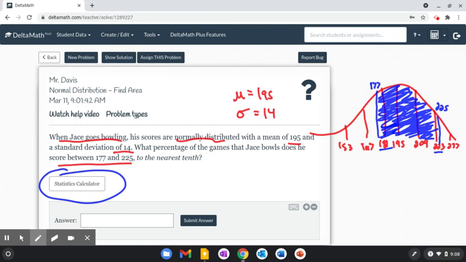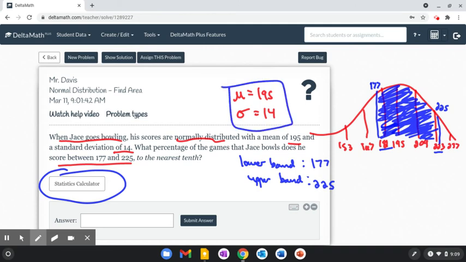So let's go ahead and I'll just show you the statistics calculator version first. There are 4 things that we need. We need a mean, which we've got. We need a standard deviation. We're going to need a lower bound, and we're going to need an upper bound. Those are pretty self-explanatory for this one, right? Because our lower bound is the smaller number, 177, and our upper bound is 225. So those aren't going to be too difficult to find, especially in this case. Very easy to see our lower bound and our upper bound are those 2 values, and we've got our mean